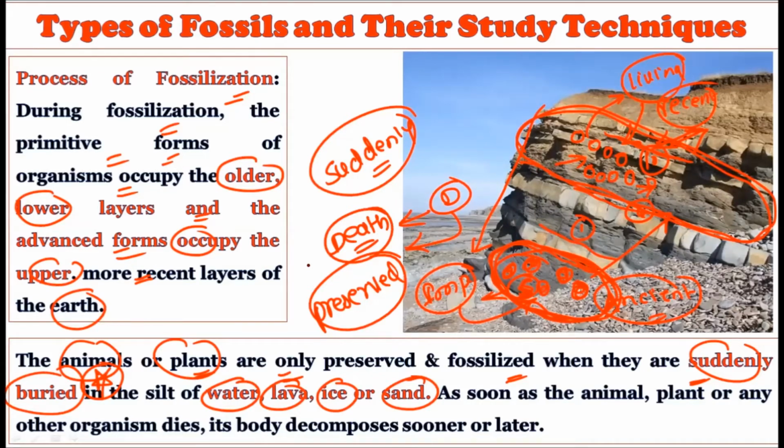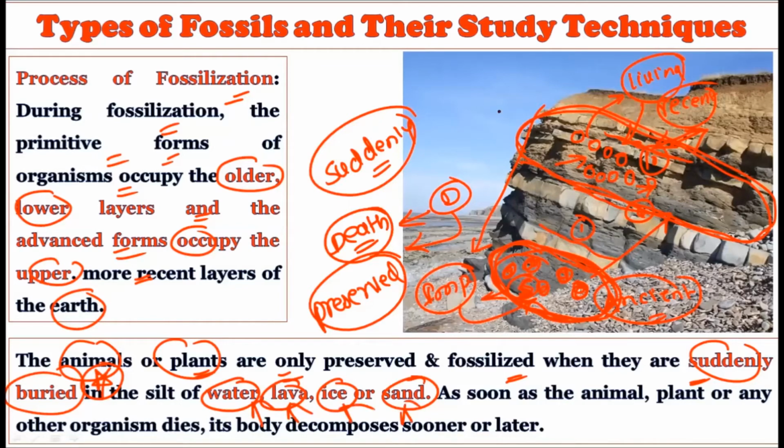Because if there is a natural death, the decomposition will follow. After the decomposition, there will not be remains of the plants or animal life, because in the process of decomposition all the important body parts of the plants or animals get decomposed by the decomposers, and it will not get preserved. So to create a fossil, what is important is that the plant or animal should get buried suddenly, in the live form, inside the mother earth, so that it will get preserved